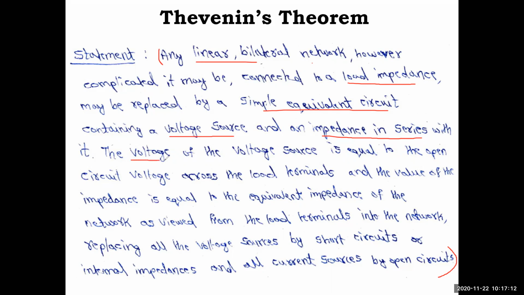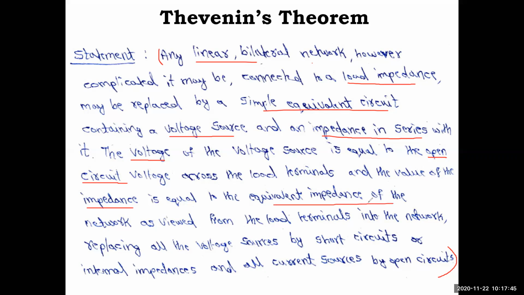The voltage of the voltage source is equal to the open circuit voltage. Open circuit voltage means the load is removed, and then we measure the voltage across the load terminals. Two parts are there here. First, you need to calculate the new voltage value, and then the new impedance value. So the voltage value is nothing but the open circuit voltage across the load terminals, and the impedance is equal to